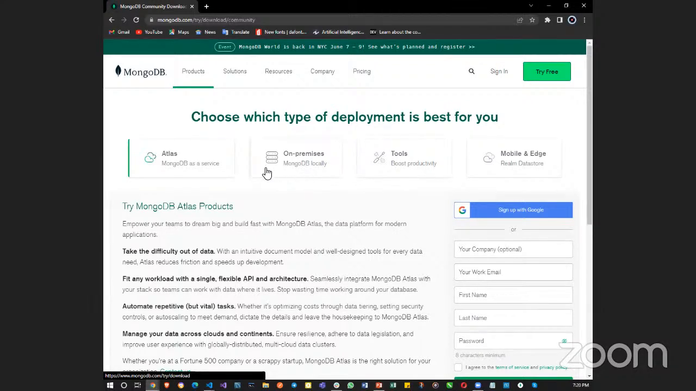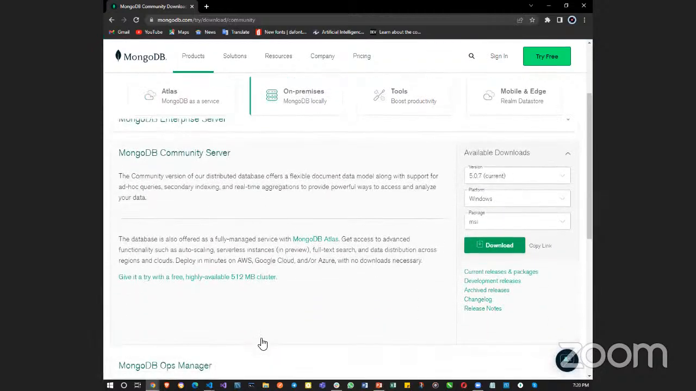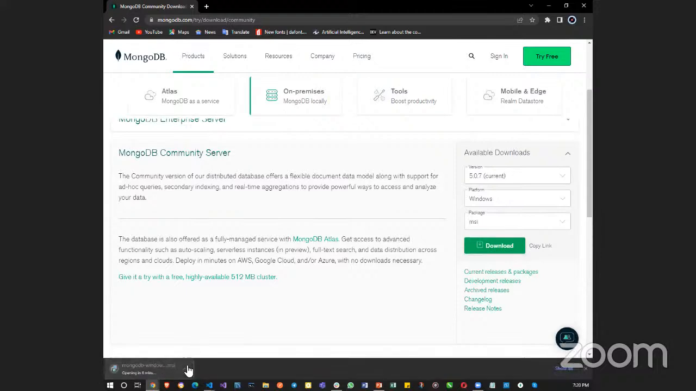It brings up the download. It takes some real serious time, so let me just cancel this download. I already have a downloaded version here. So when you go to the prompts, to install MongoDB locally,